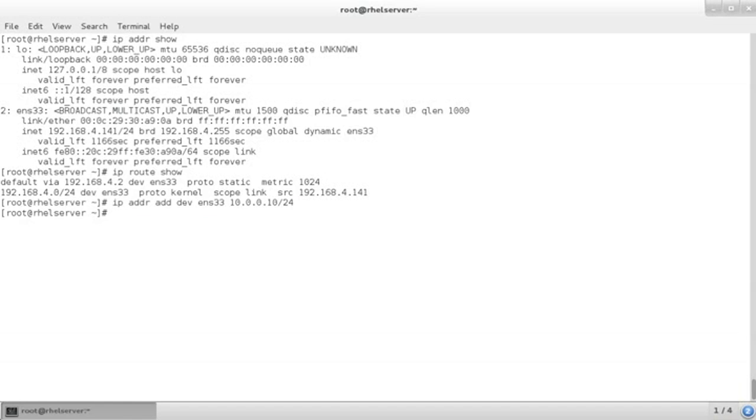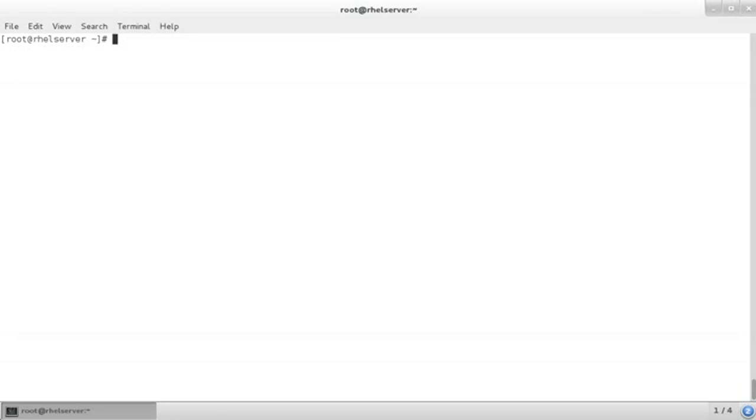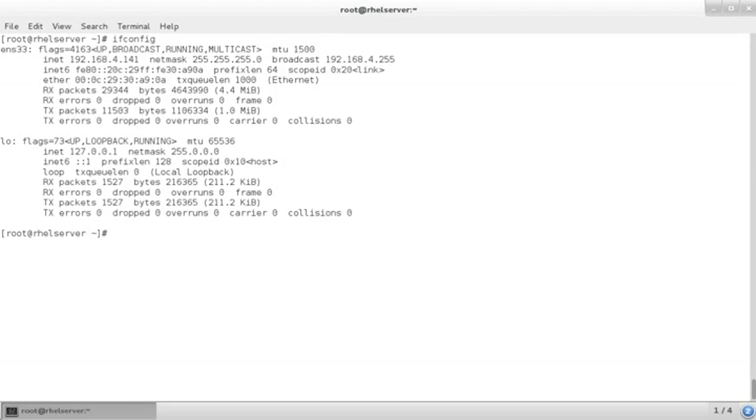To see if we succeeded, we can use IP-ADDR show, which shows us that the 10 address has been successfully added to the network interface. Now let's do ifconfig, because some of you will be used to using ifconfig to manage network interfaces, and as you can see, we do see the first IP address, but ifconfig has no capability of showing the second IP address, and that's also not going to happen if you type